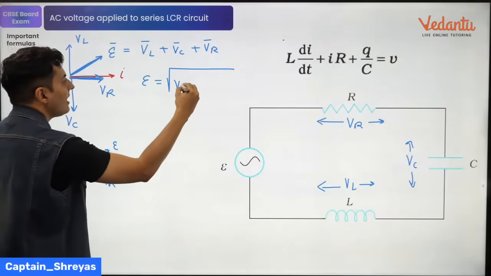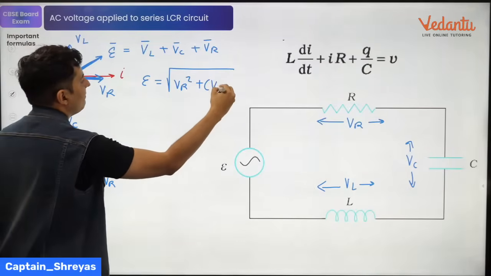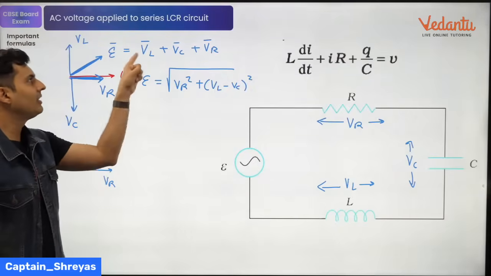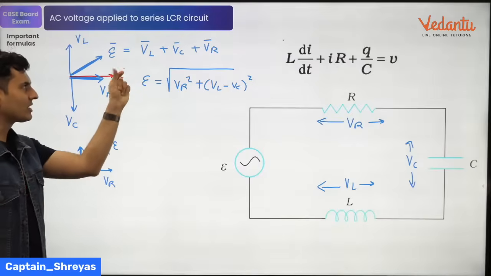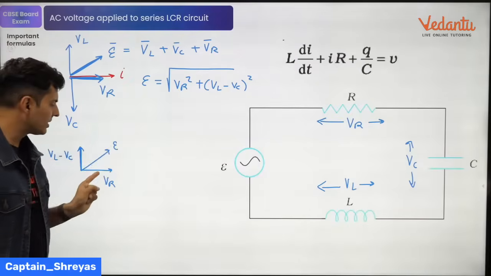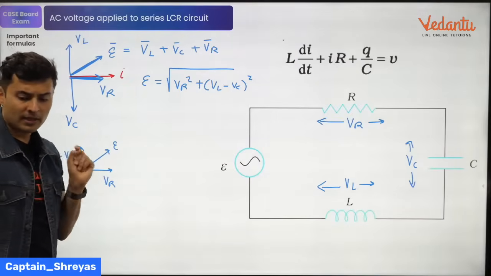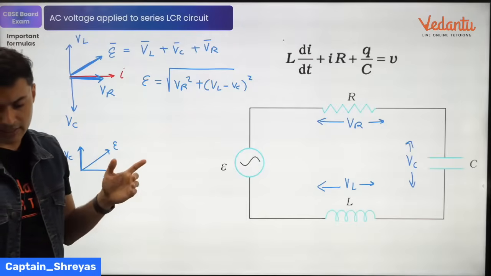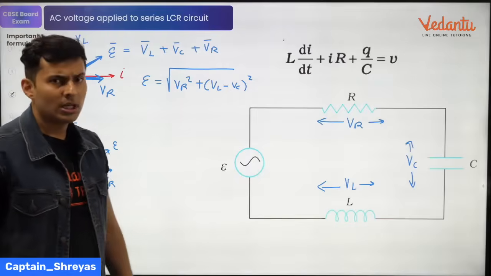So it will be basically VR square plus VL minus VC whole square. But if you put bar, then this will be the formula. If you skip the bar, only talk about the magnitudes, then this is the formula. Is that okay, bacha log? Excellent. Now, similarly,